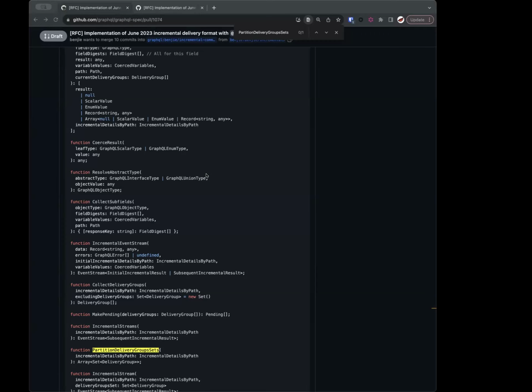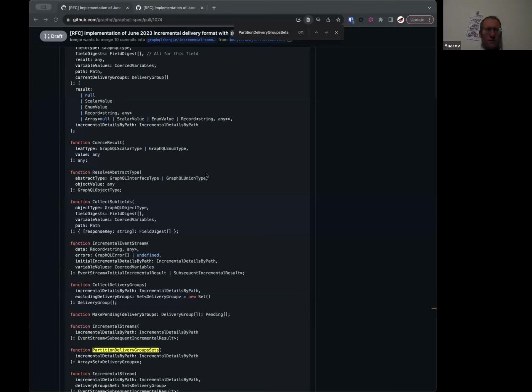I guess you could do that as an optimization, but you probably need to be a bit smarter about it, because obviously there are more error boundaries in this situation. It might be parallel defers where one of them's going to blow up, but the other one isn't, and things like that. So I'm not sure you'd be able to. Well, you'd definitely be able to if you wanted to put enough code into it. I don't think it'd be worth the effort to necessarily prevent some of the execution there.